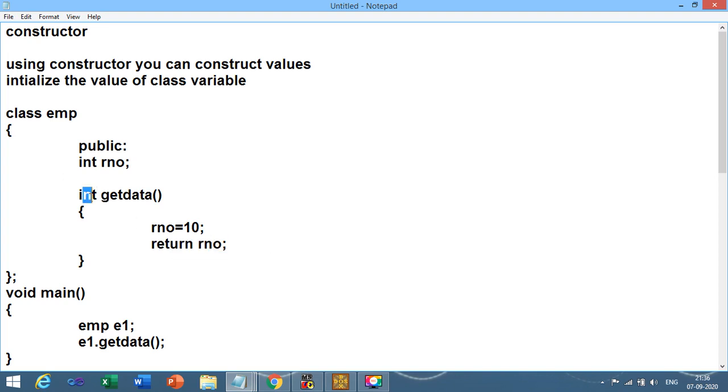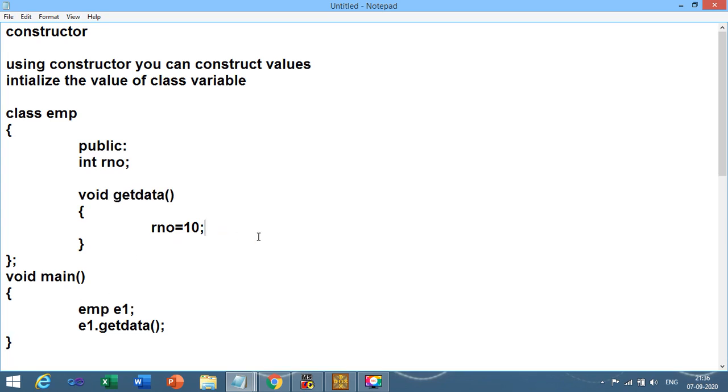Why have I written integer? Because the data type of RNO is integer, so the return type of the function would be integer. So UDF can return a value whereas constructor cannot return a value. So this is the first difference between constructor and UDF.